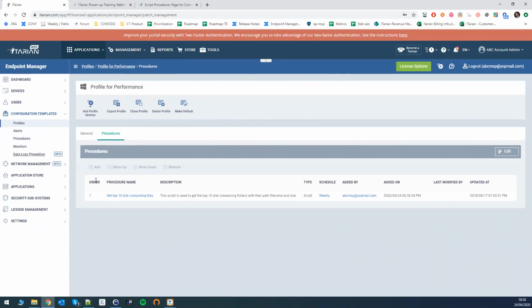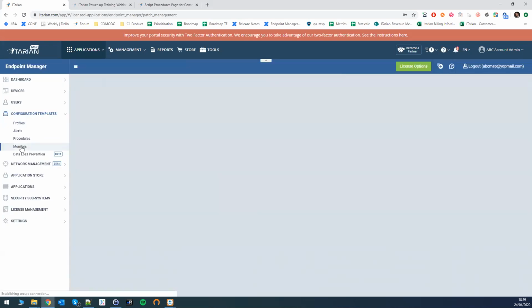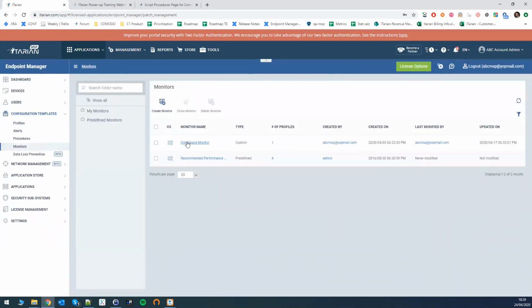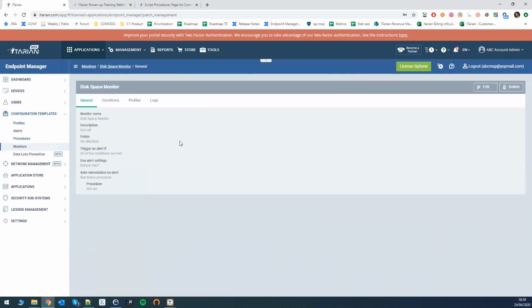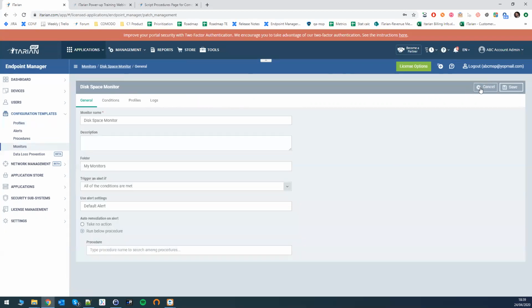And now I want to talk about the auto-remediation upon when a monitor is triggered. So let's go to the monitor section and choose a monitor that we have. And when we click the edit button,